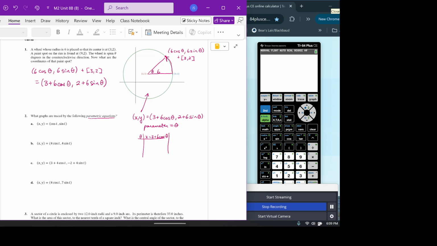x equals 3 plus 6 cos theta, y equals 2 plus 6 sine theta. And you could just plot out a whole bunch of points, if theta's 0, if theta's 1, if theta's 2, all the way up to like 360, or you could even keep going if you wanted. And you get all of these coordinates out of this. And if you plotted them all out, you would end up with all the points going around this circle, right? So the idea is that you define this graph in terms of a new parameter instead of just relating x